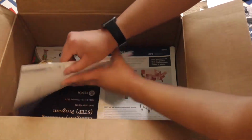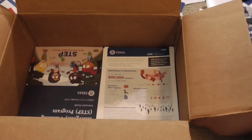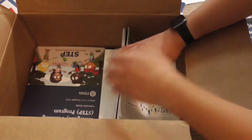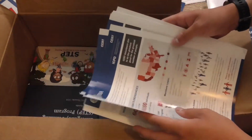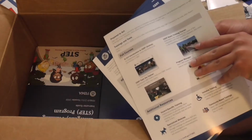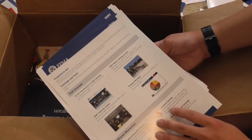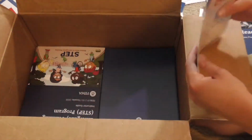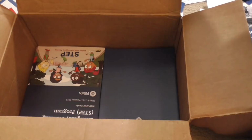I got another preparedness activity sheet, sort of pamphlet again, in Korean. It's interesting. We got a fact sheet here from ICPD. It looks like a CERT fact sheet right over here. Yeah, got some full courses. Cool. So it's a fact sheet about CERT, so if you guys are interested, I might be able to...